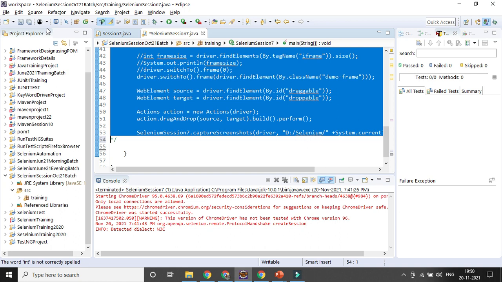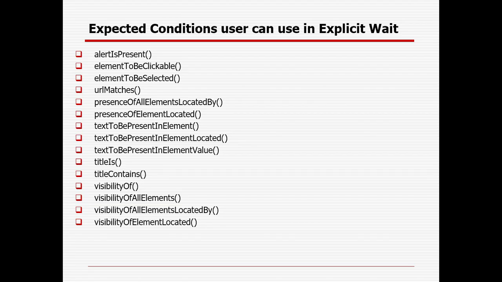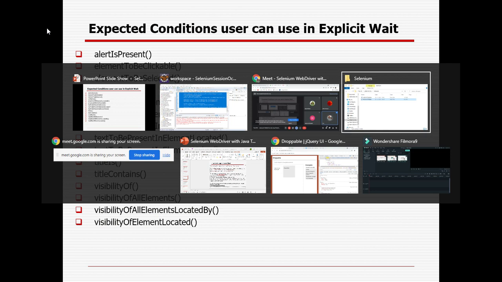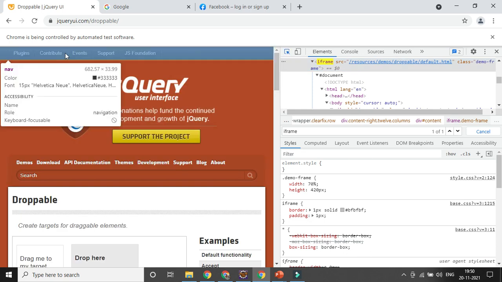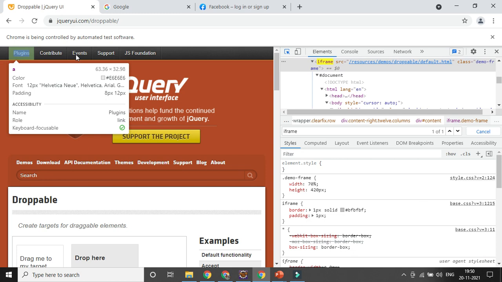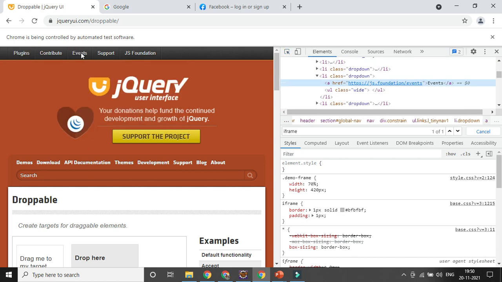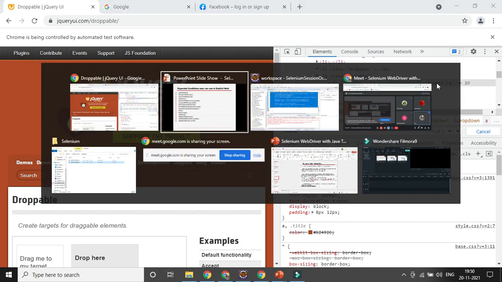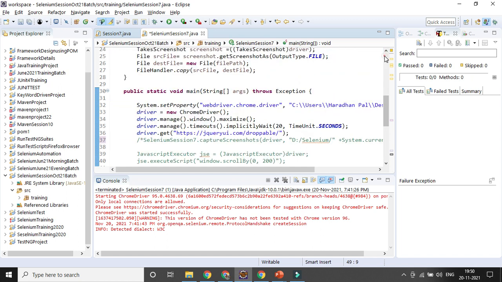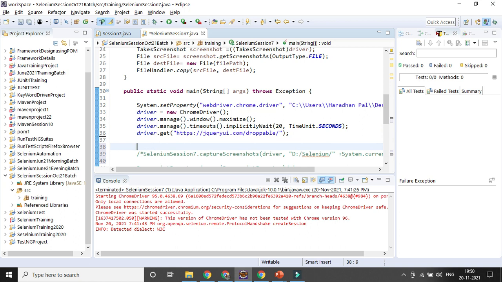In that web page there are a lot of options available. Let's see whether that particular option event is getting enabled or not, so that I can click it. You can see here this is a link, so I can identify that with the help of link text. So let's create a web element here, after opening the page.